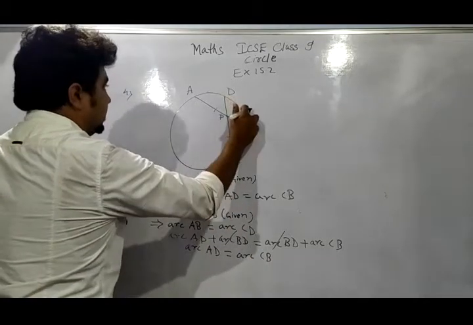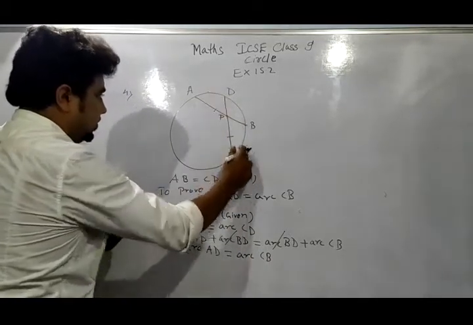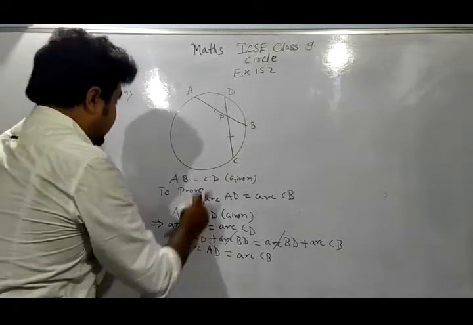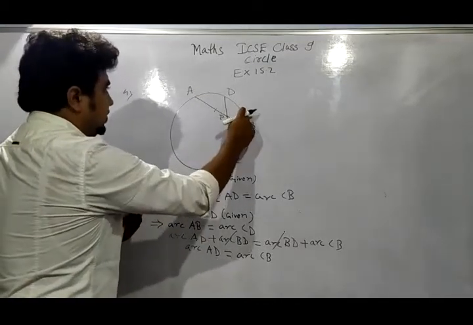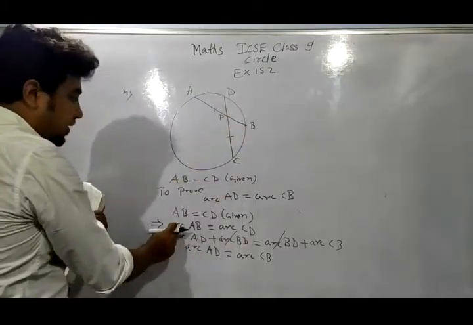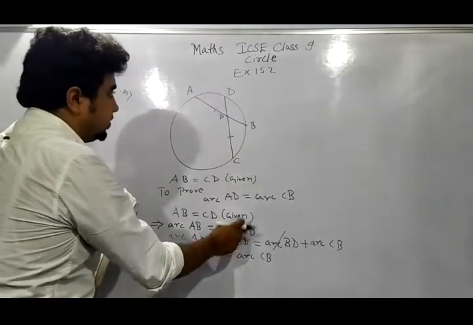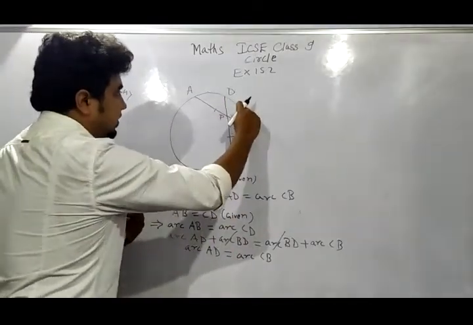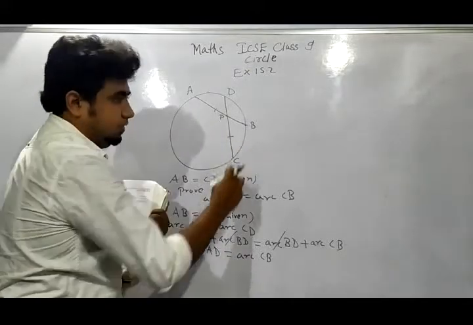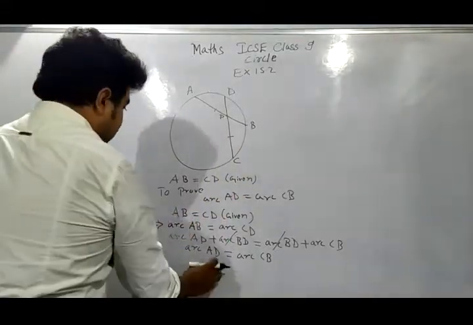This arc and this arc we have got equal. Because I have written AD plus DB is equal to arc AB, because I have expanded this, and arc CD also I have expanded. CD is basically DB plus BC. I have expanded it. So this is the completion of the